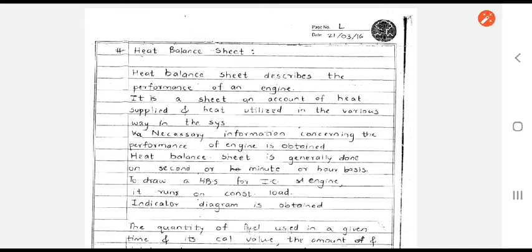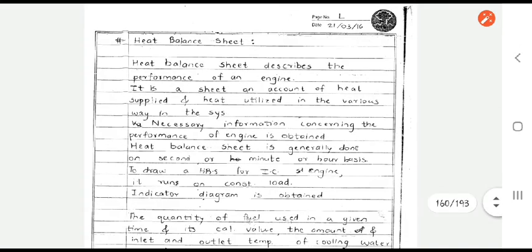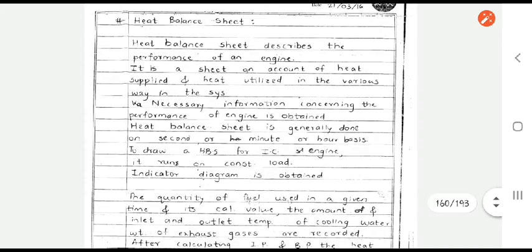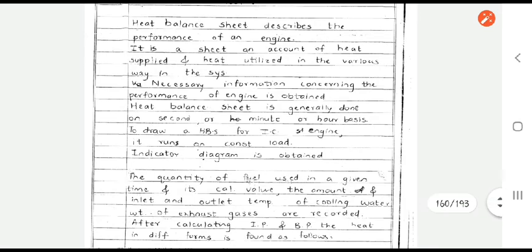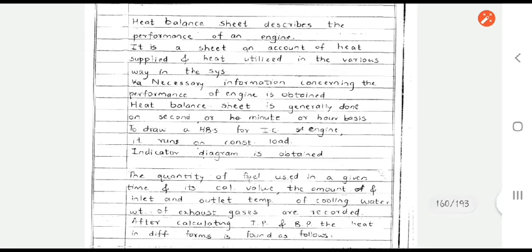In economics and finance, we know there is an account of how much amount we are supplying and how much amount we are getting. That is one kind of a finance sheet. Similarly, there is a heat balance sheet in the engine itself. It is a sheet, an account of heat supplied and heat utilized in various ways in the engine system. The necessary information concerning the performance of an engine is obtained from the heat balance